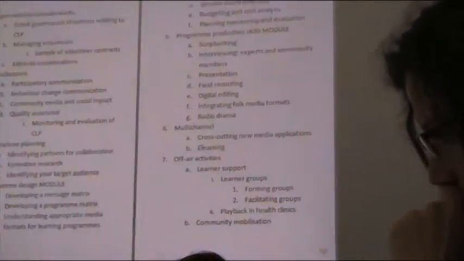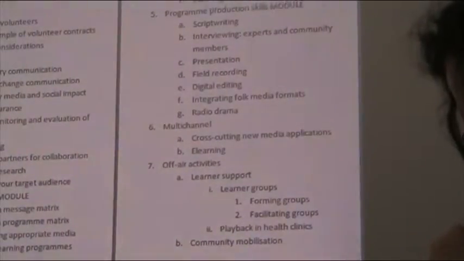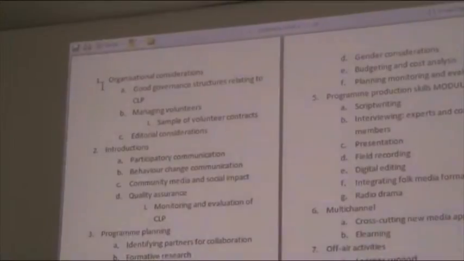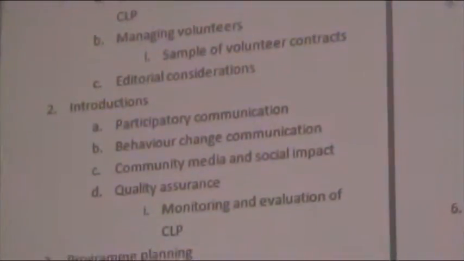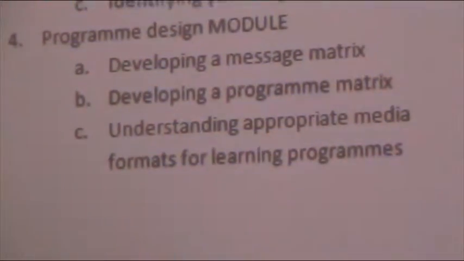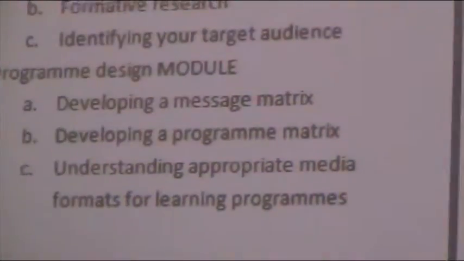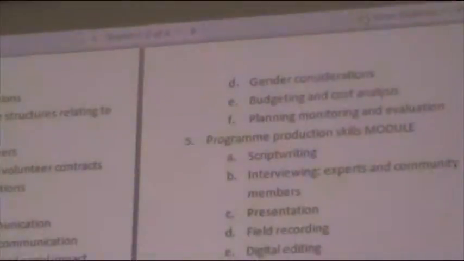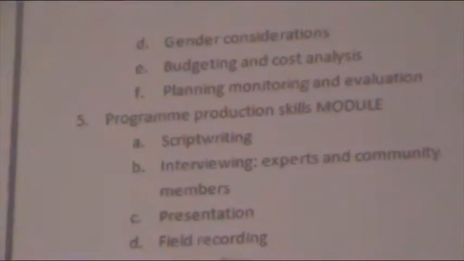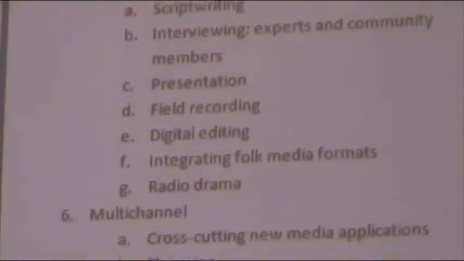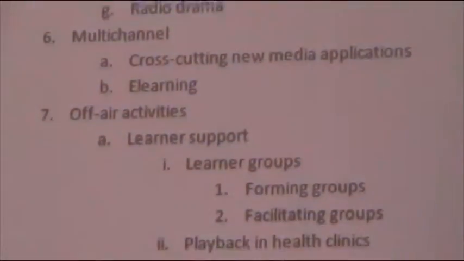Then there were definitely elements that related to the actual design of a program, from using the message matrix, program matrix, understanding appropriate media formats, gender considerations, budgeting and cost analysis, planning, monitoring and evaluation, production skills, which is probably an area where we don't necessarily have to write a lot of units on our own, but maybe point people more to training materials that you think will be particularly useful,